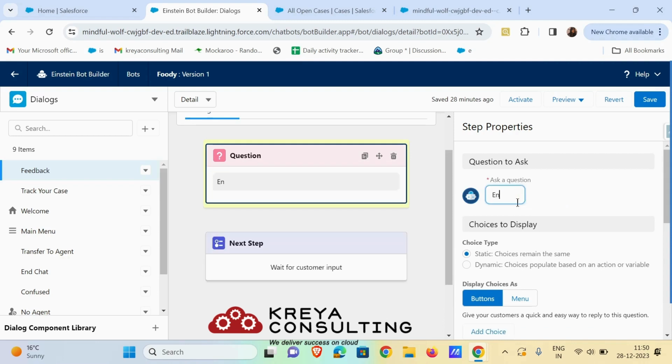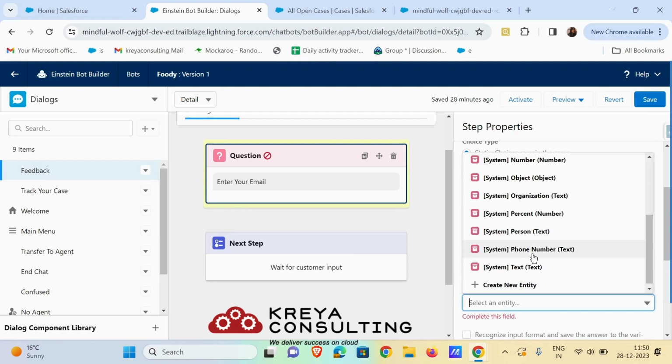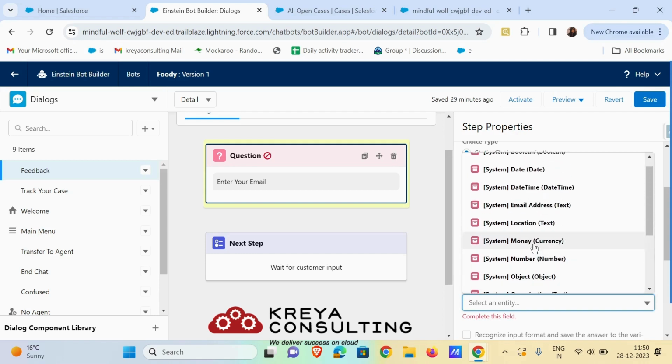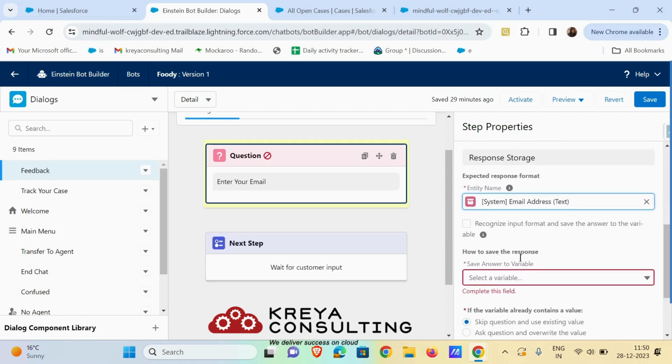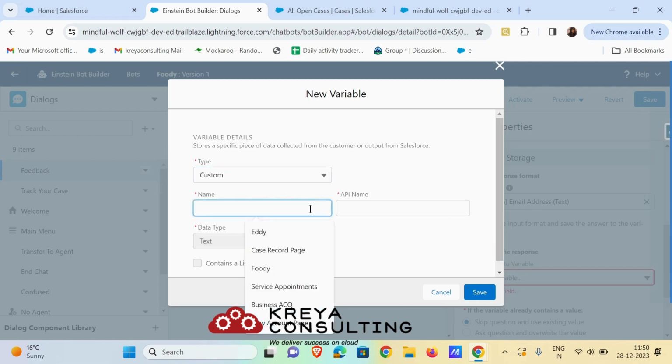Ask the question as "Enter your email," then add the entity name here. So the value that is going to be accepted from the client is going to be of email type, so select that here. Then the next thing you need to do is create a new variable that is going to store that value. So let's name it customer email,